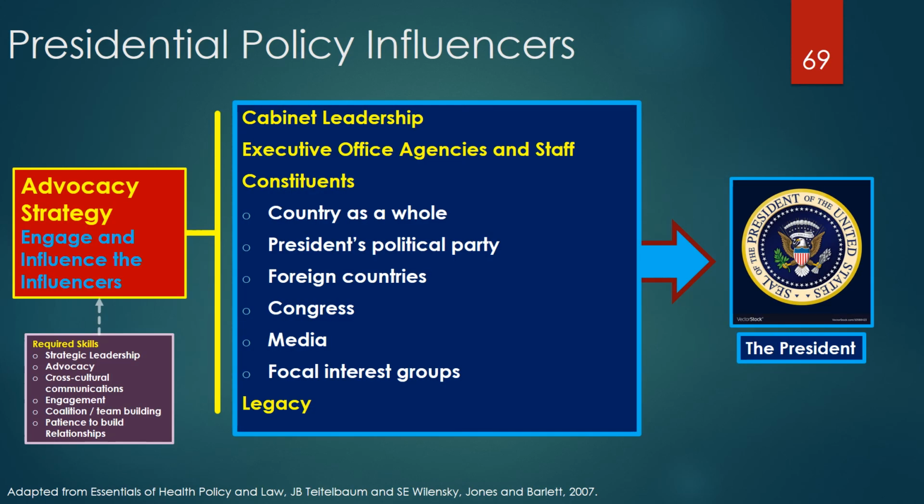Accessing presidents for advocacy work is not easy due to layers of security and administrative insulation from the general public. A practical policy advocacy strategy to influence the chief executive of the United States is to engage and influence as many presidential influencer channels as possible, including cabinet leadership, executive office agencies and White House staff, constituents, and the president's